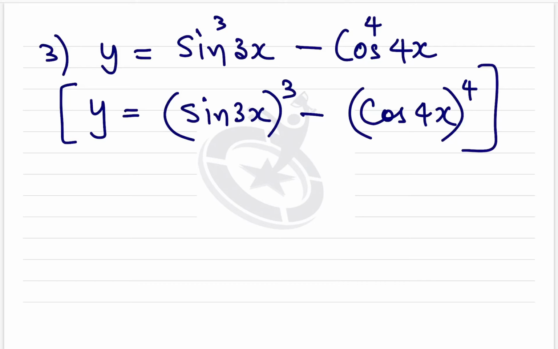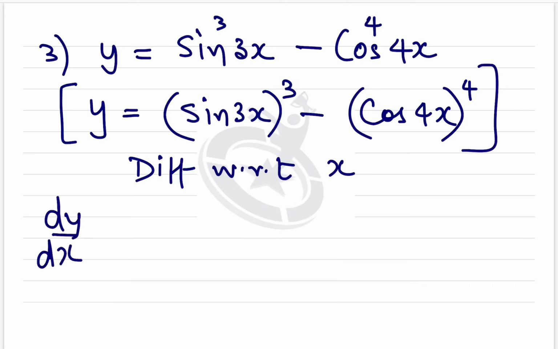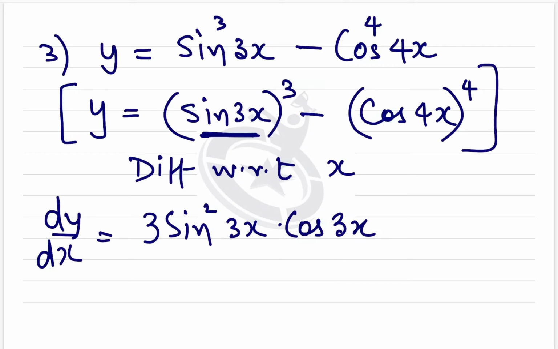So if you differentiate this with respect to x, this will become what? Tell me. Dy by dx will be equal to the whole cube. So it's again f of x raised to n. So this becomes 3 times sine square 3x into derivative of sine 3x आएगा. Into derivative of the bracket. So bracket में sine 3x है. तो sine 3x का derivative will be cos 3x. अभी ये x नहीं है, cos 3x है. So 3x का भी derivative आएगा into 3. Clear? Then minus sign. Second bracket का derivative बोलिए भाई.